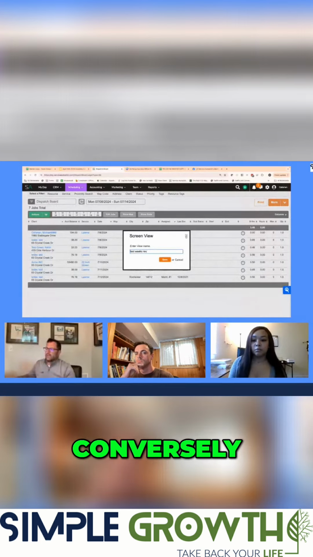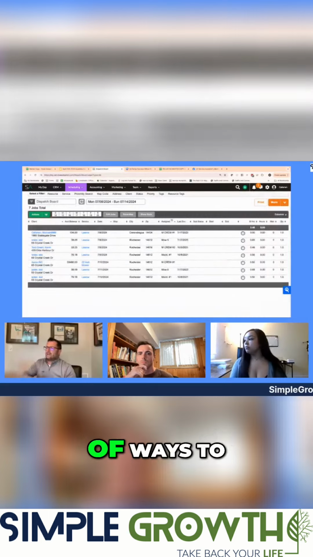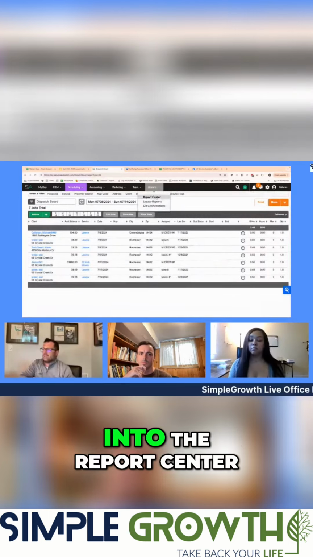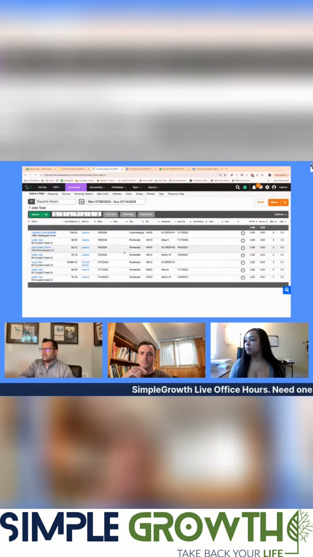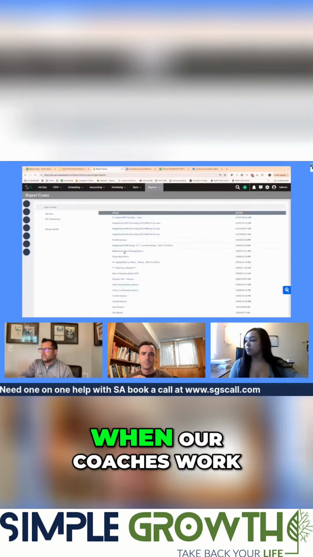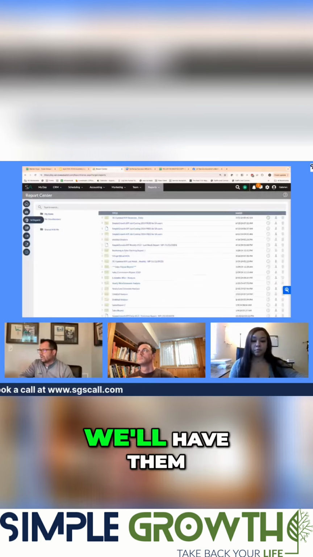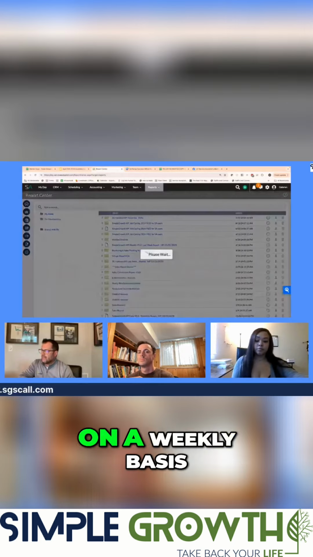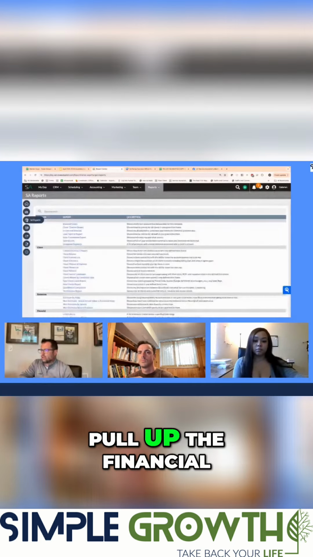Now, conversely, the other way of tackling this, and there's a couple of ways to skin this cat, is going into the report center and pulling up a pre-canned SA report. They're really, really good. And if you're looking at, like in our coaching division, when our coaches work with SA users and different clients, we'll have them, as one of their scorecards on a weekly basis, pull up the financial